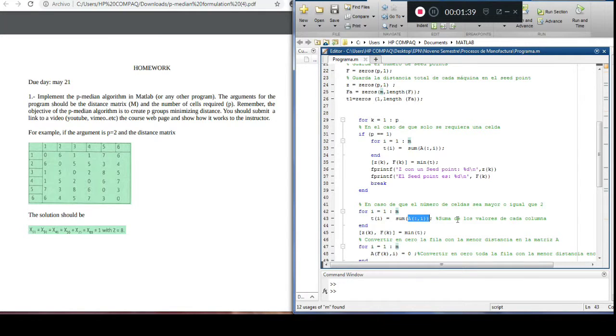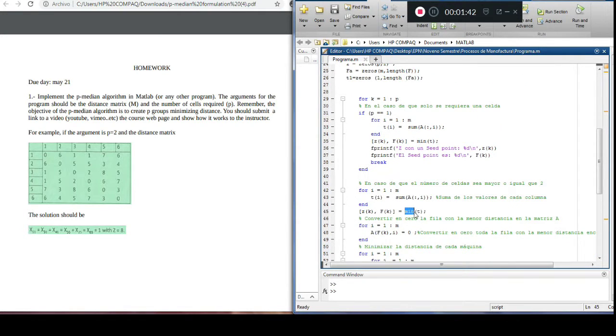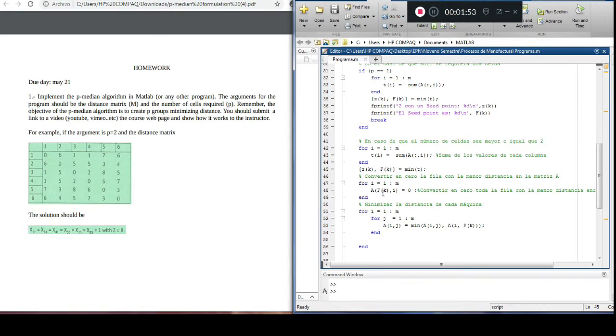a summatory of each column, find the minimum value in the vector T and save these values in matrices C and F in the iteration K, and we have another iteration to minimize all the values in the row that has the same value as the column that has the minimum distance value. For example, in the iteration where we found the summatory of the minimum distance value,